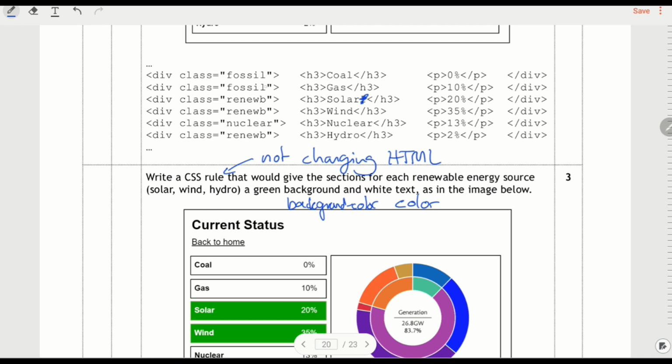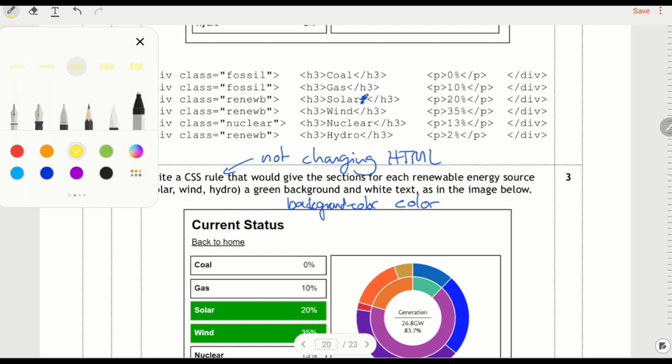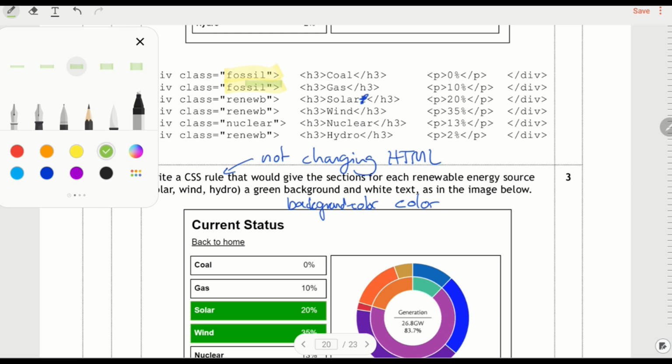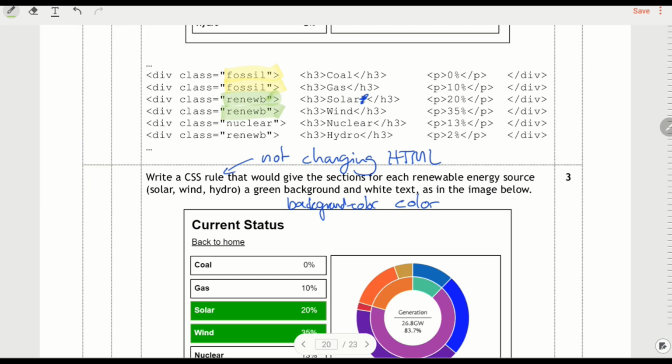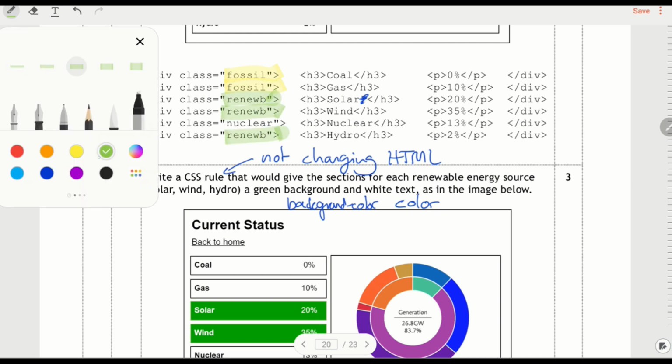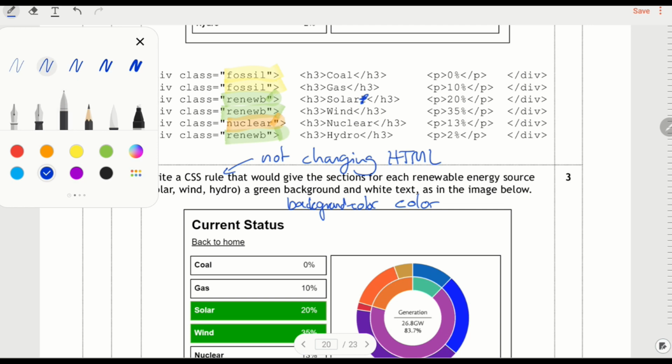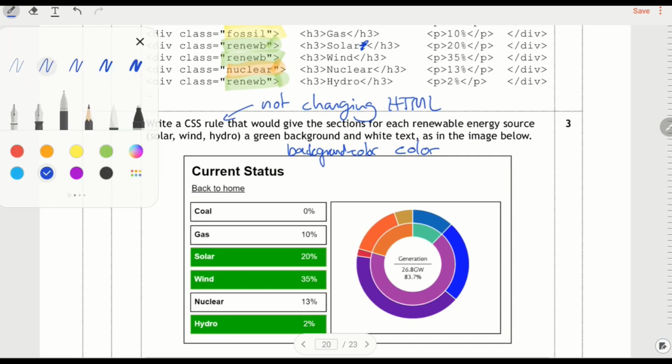So they've got fossil class. I'm just going to get a highlighter and do them a different colour. So we've got this fossil, and then if we go right, renewable, and it goes a different colour. So I've already got a class that applies to them. So therefore, if I make that same colour,